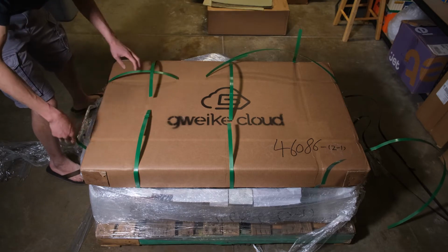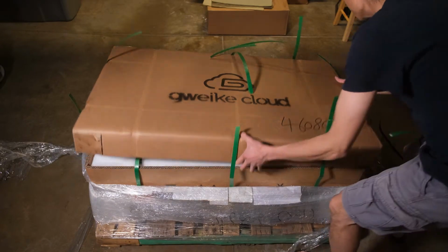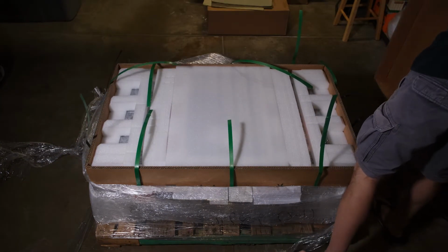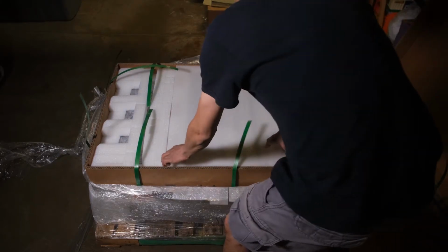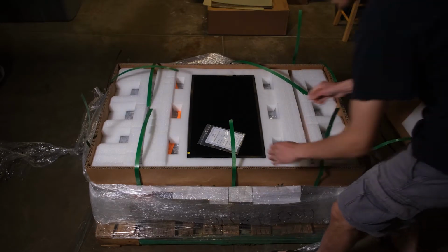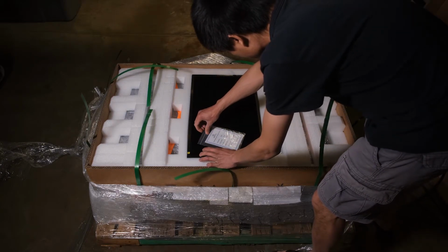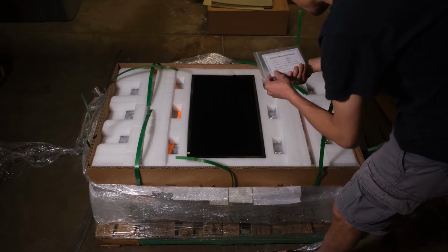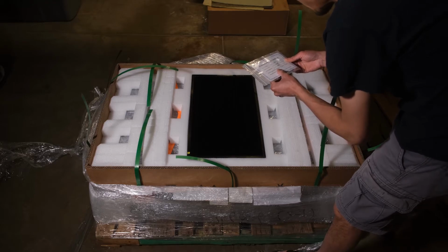Oh, here we go. That's a thick box. Alright, let's open this slowly to not break anything. I guess that's the cutting bed. Product name: Cloud. Product model 0503MN. Warranty period from, I guess this was made